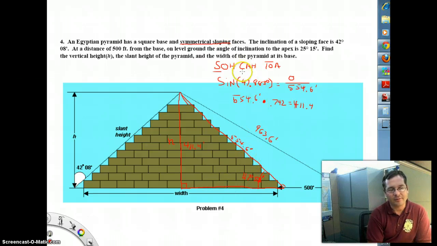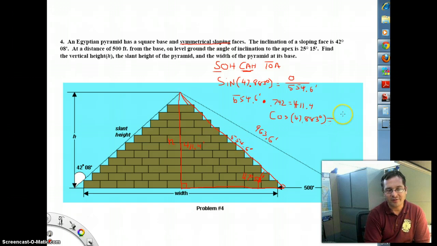So we come back up and we look at SOHCAHTOA, and oh, there it is. Cosine relates adjacent and hypotenuse. So the way we solve for that is cosine of 47.883 degrees equals, what does it equal? It equals the adjacent side, which we're trying to find, over that hypotenuse, which we've determined to be 554.6 feet. The process is exactly the same. We multiply both sides by the length of the hypotenuse, 554.6, by whatever the cosine of